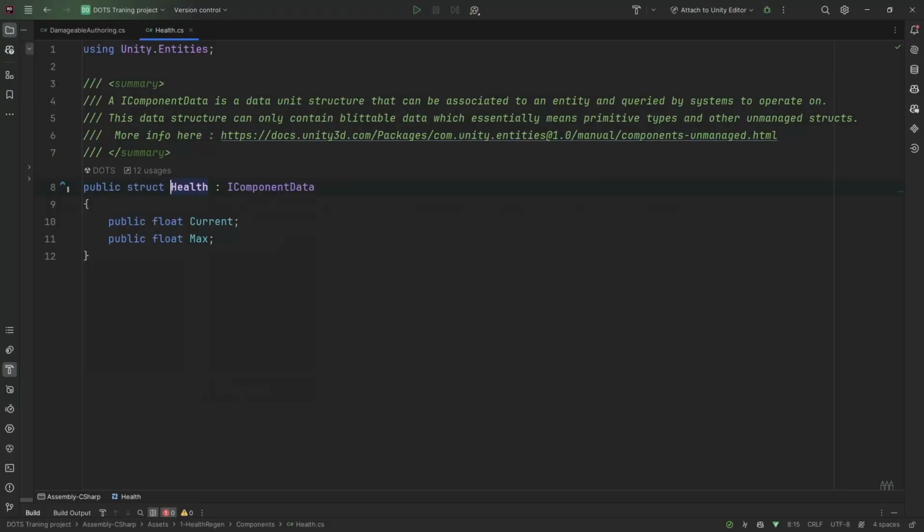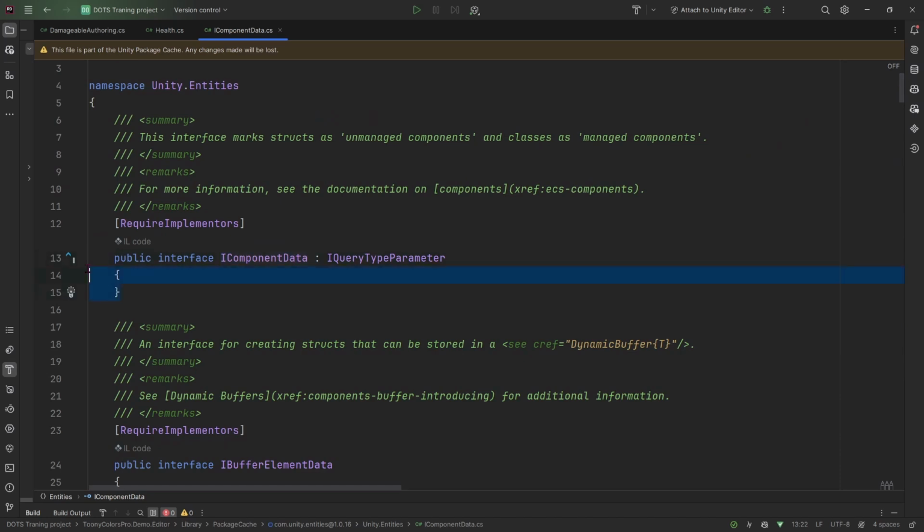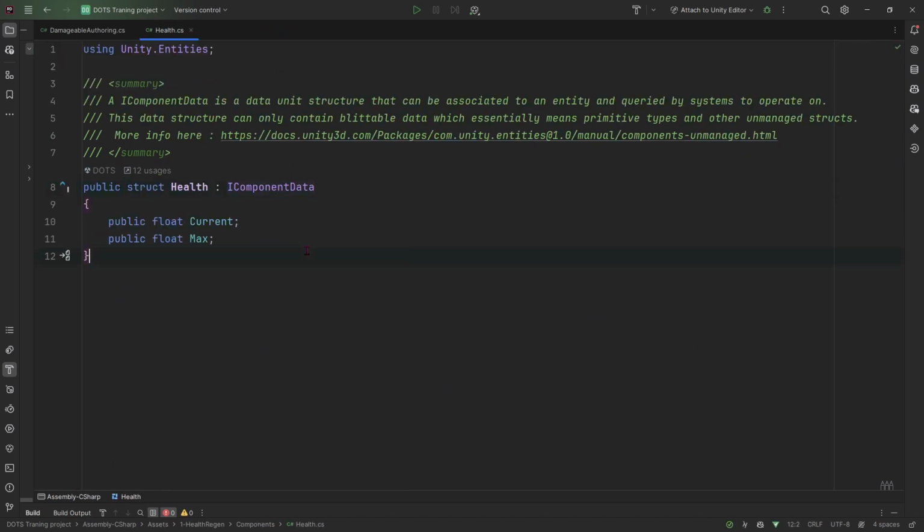But going back to the else component, you can see that it's a struct. It's a struct, it's not a class, and it implements the IComponentData interface, which has absolutely no method. So it's just a way to identify the type of component we have. We'll see in the next video another type of component.